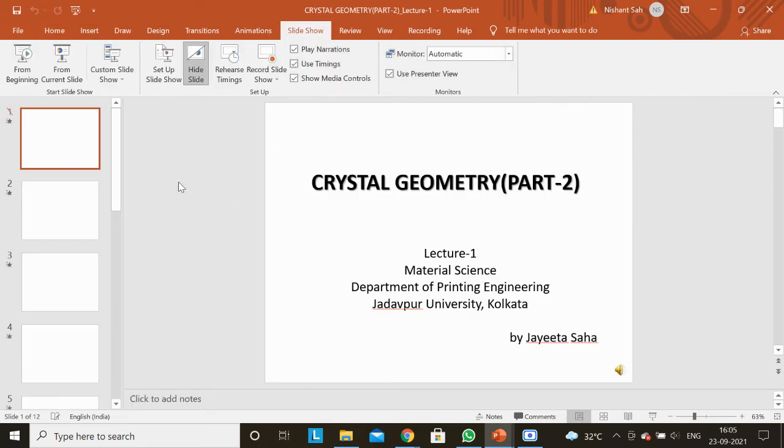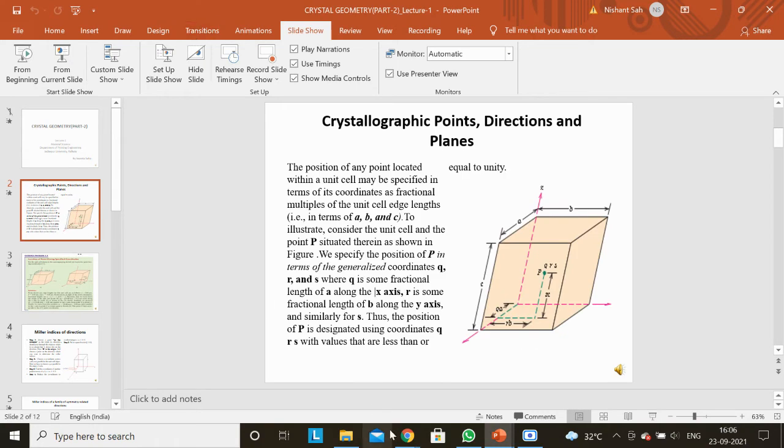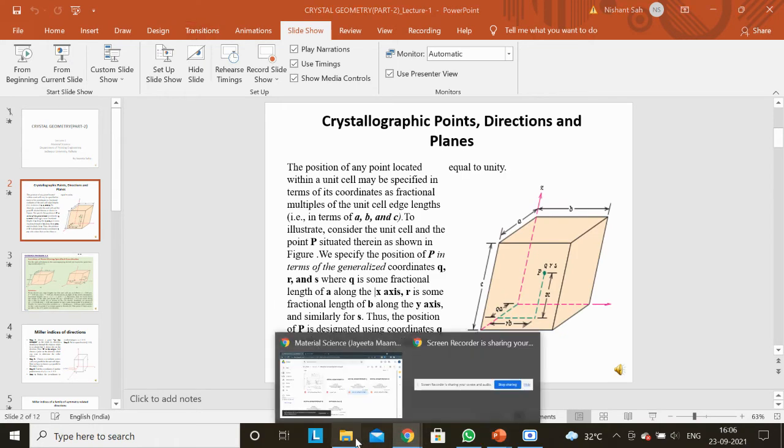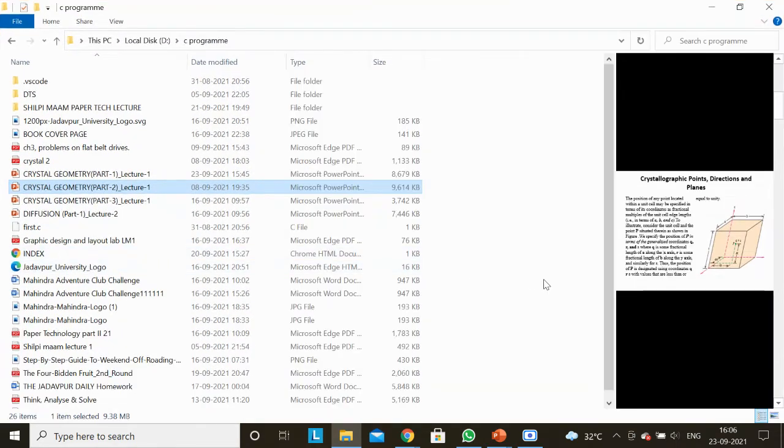Suppose you want to specify a point which is located anywhere within the cube. So how can you locate that point? That is, the position of any